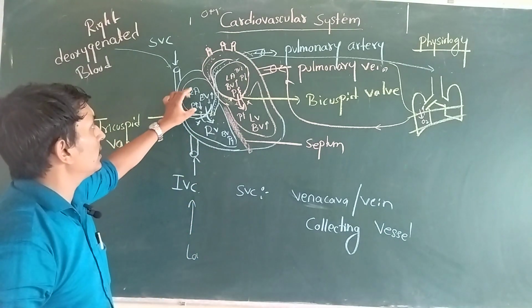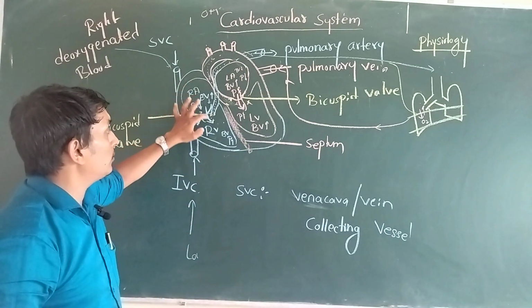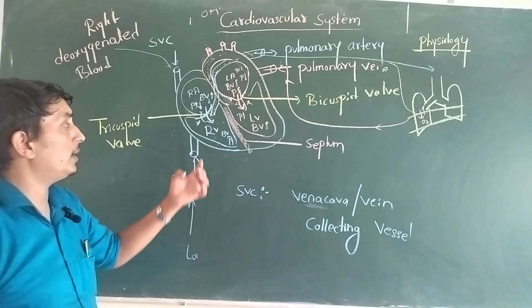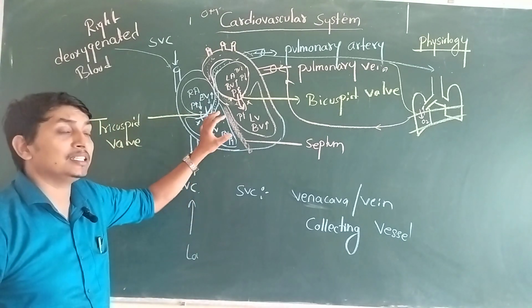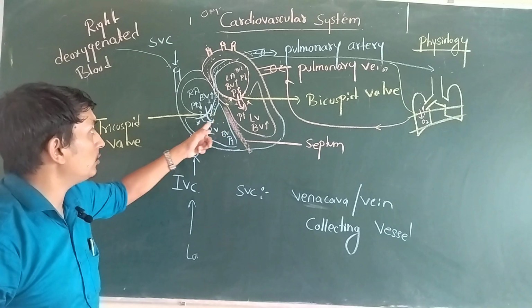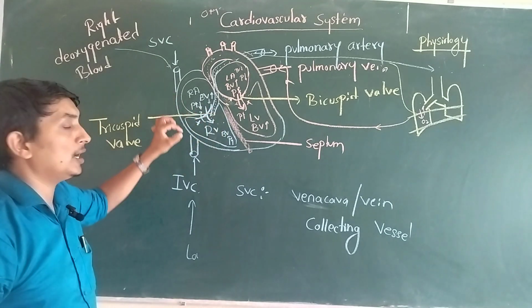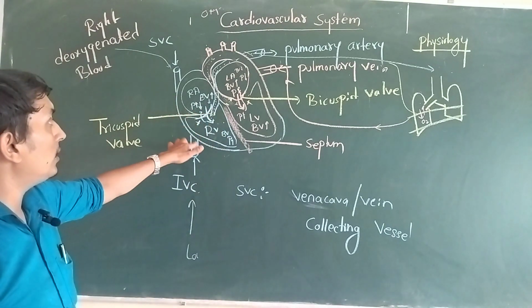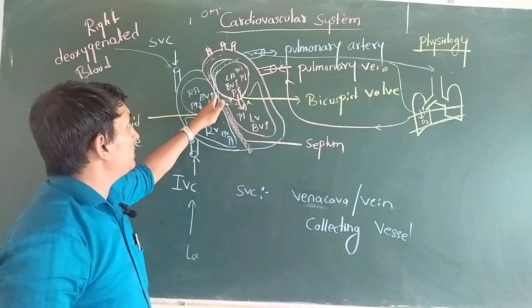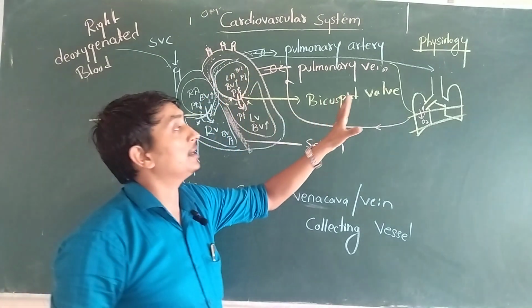Due to the blood volume, it starts contracting and blood flows into the ventricle. Now the ventricle receives the increased blood volume and starts contracting. Blood may try to backflow, so it closes the valve. So the valve prevents the backflow. Now blood pumps into the pulmonary artery. The pulmonary artery carries the blood and gives it to the lungs.